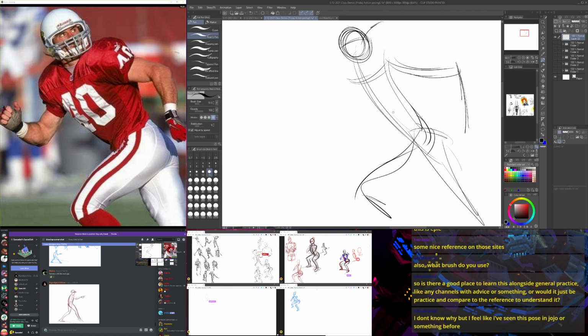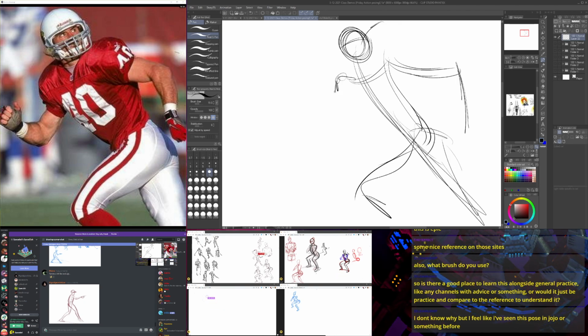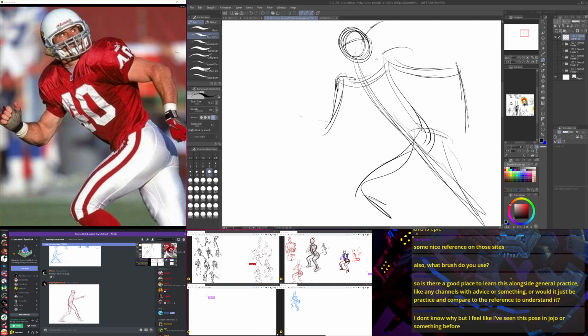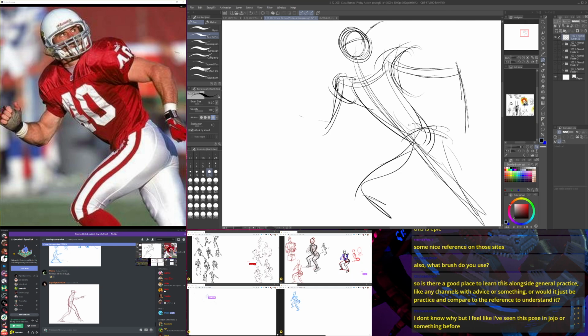So I'm going to go right in for getting the rough loose gesture in first off. It's got a lot of bulk added to him because of the shoulder paddings and stuff. That's something to definitely play with.